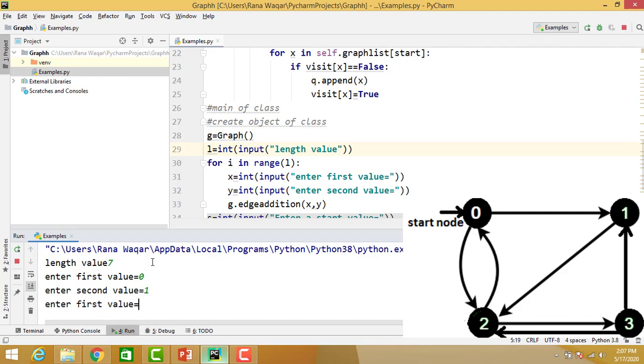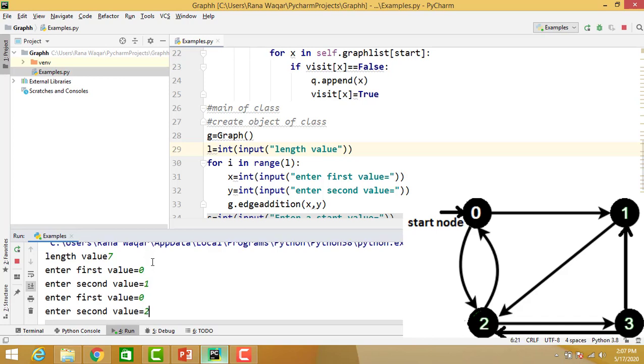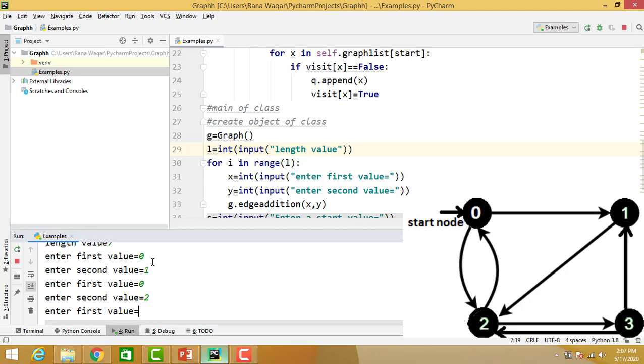Second edge is 0 to 2, third is 1 to 2, fourth is 2 to 0 and 2 to 3, and next is 3 to 1 and 3 to 2.